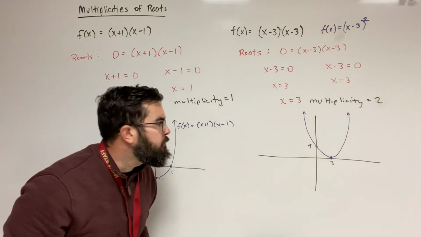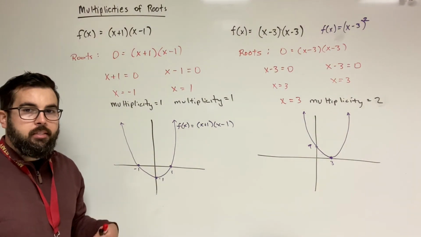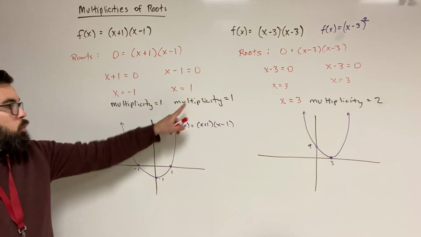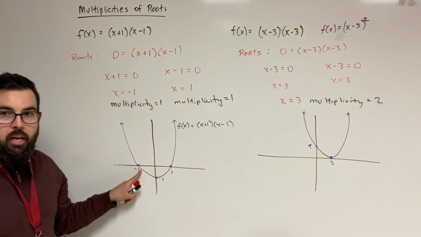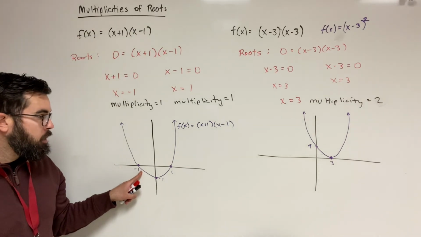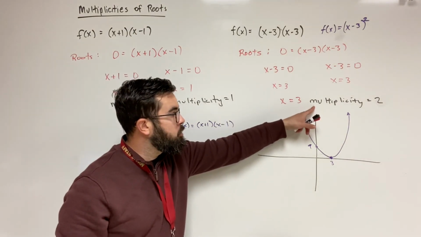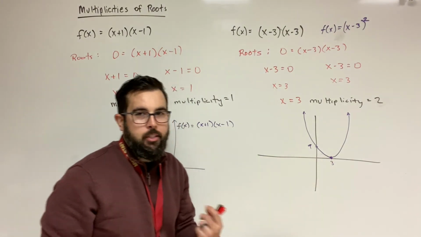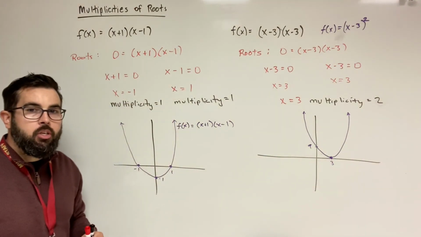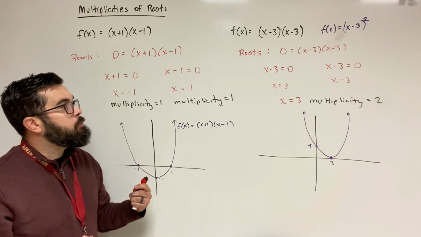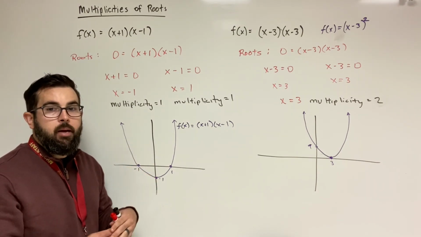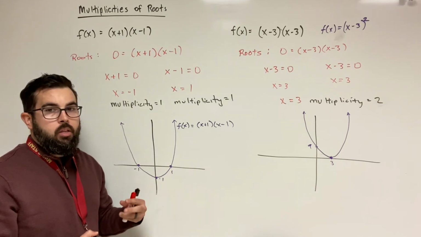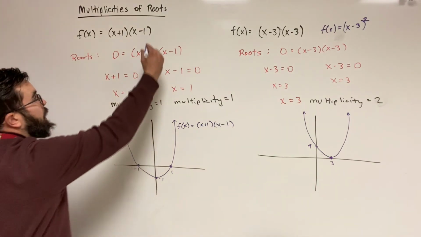All right, so we have a certain behavior now that we can see. There's a pattern here. When the multiplicity of a root is 1, the graph will pass through that point. If the multiplicity is 2, the graph will bounce off that x-intercept. Now with quadratics, we don't really need to know this information, but when we get to higher degree polynomials, so a quadratic is in the family of what's called polynomials, you're going to need to know those behaviors, because when I start adding on factors,